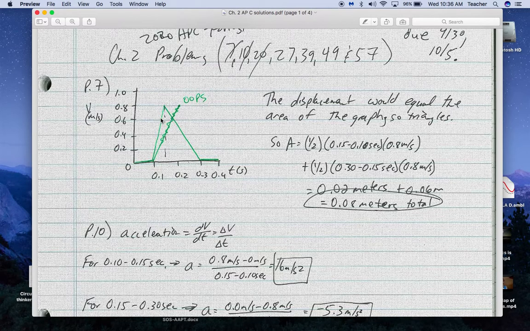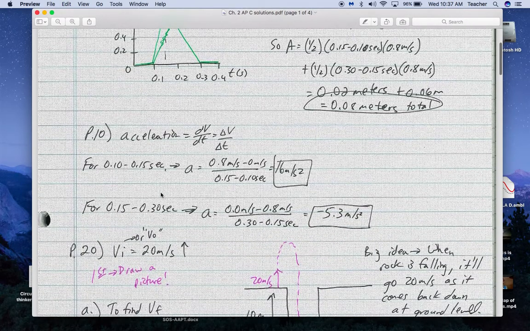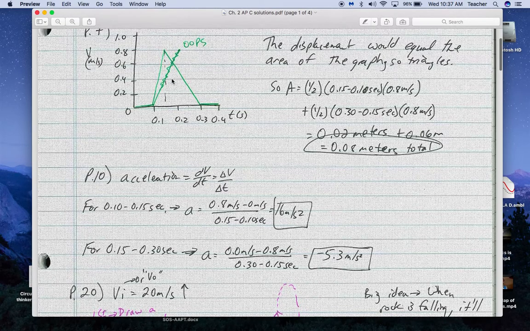I split it into this triangle and this triangle. But in fact, you could split it into the whole triangle. It would still be 1/2 base times height. That gets you an area of 0.08 meters. So remember, the area, or in this course, sometimes the integral, of a velocity versus time graph would give you displacement. For problem number 10, it's actually referring back to the same graph and asking you to determine the acceleration